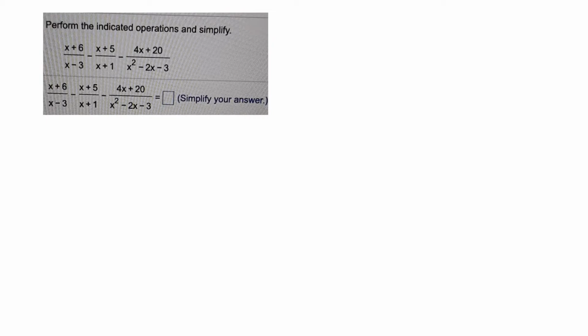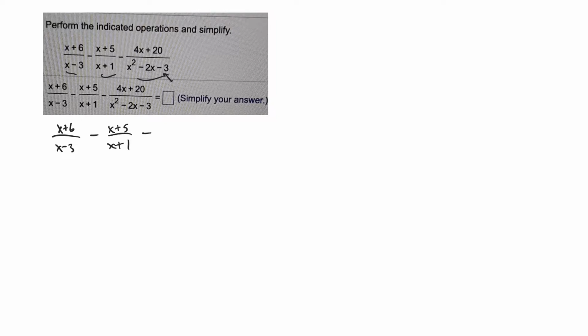All right, here is a video where you're asked to add and subtract these fractions. Okay, I'm looking at the fraction. I'm not seeing a common denominator there. But this one I can factor. Let's do that first. So x plus 6 over x minus 3 minus x plus 5 over x plus 1